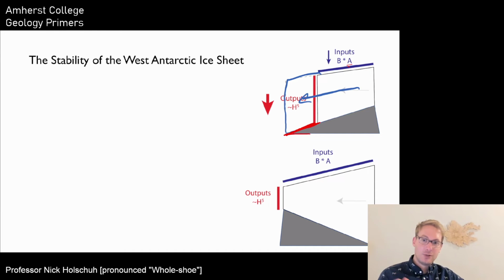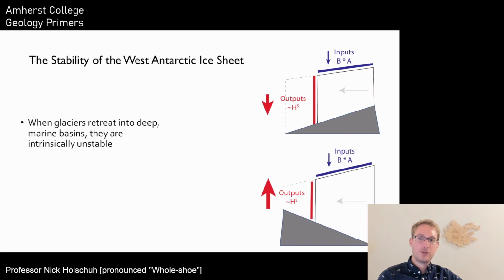It starts out in equilibrium, outputs and inputs equal, and we perturb it. Now we've perturbed it into a region where the thickness is greater. Because the outputs scale with h to the fifth, we're in thicker ice and the outputs have gone up, and they've gone up by a lot because it scales with thickness to the fifth power. Meanwhile, the inputs have gone down. This system is now out of balance, but in a way where the outputs exceed the inputs. That means we're going to discharge even more ice out to the ocean,